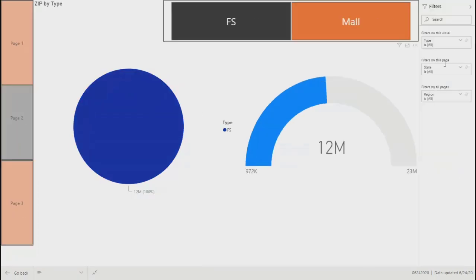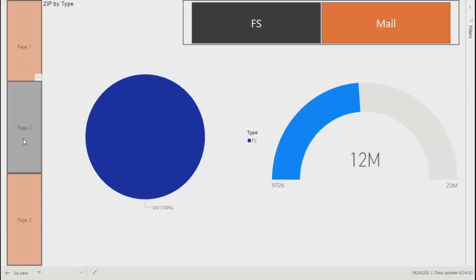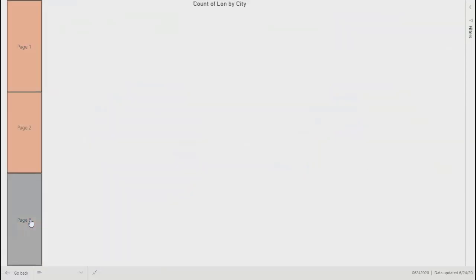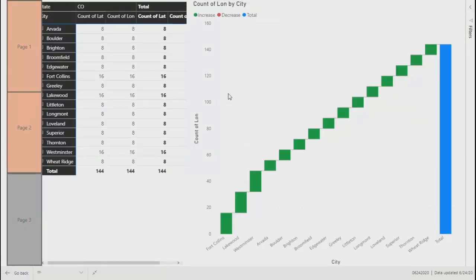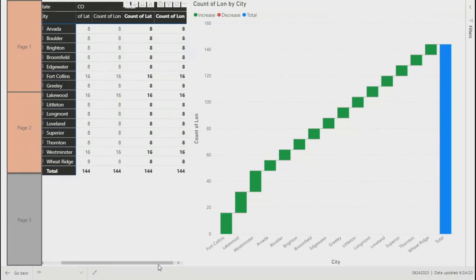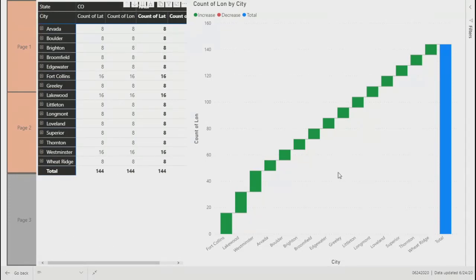If you want to apply filters, they will work here. And on page 2, nothing will happen. Page 1 you can go, page 3 you can go. If you select page 3, it will be like this. Page 1, page 2 you have hyperlink, but page 3 you don't have any hyperlink, right? Any question in this implementation?